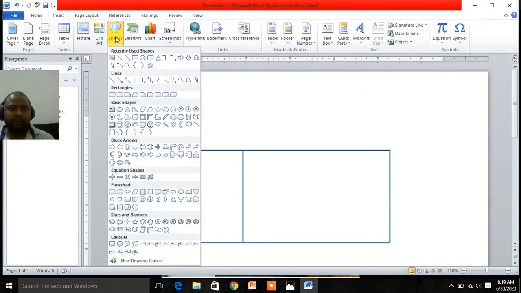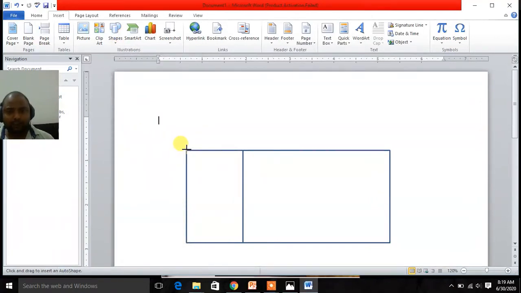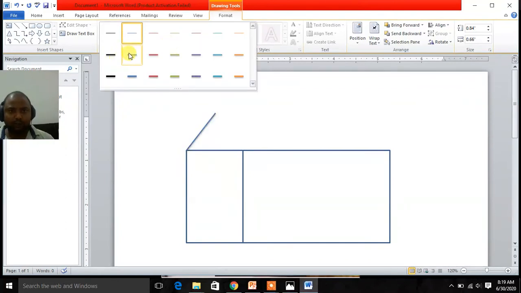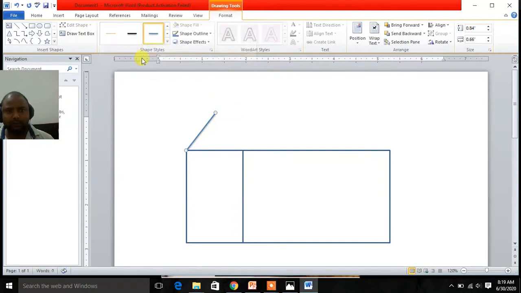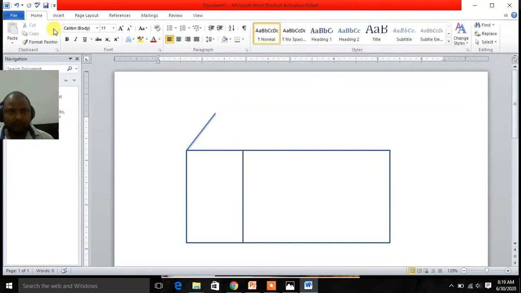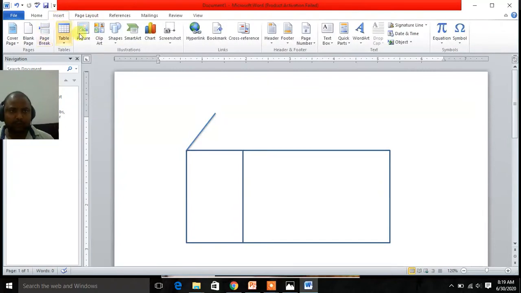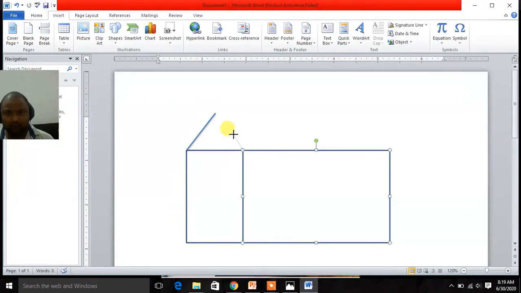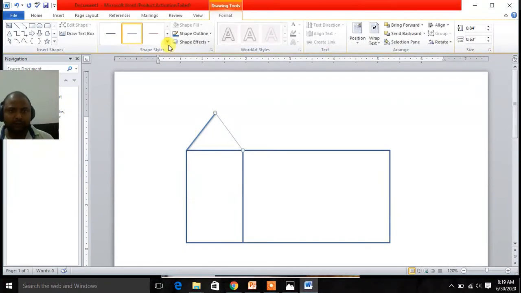Insert shapes, click on line, and here you can choose any of the line options. So we will choose this one. Again from here, shapes, line, we will draw a line here and we will choose this option.